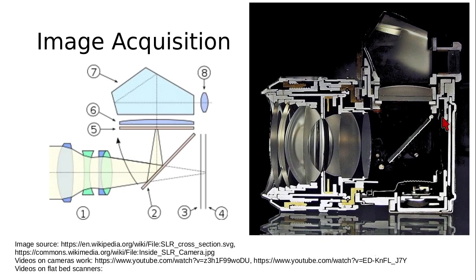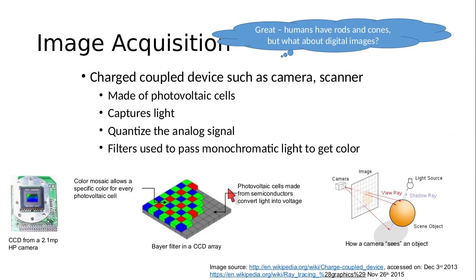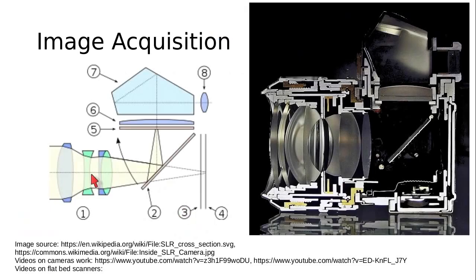In this particular camera, instead of a charge coupled device, you have a film here. This is an older camera, but in modern cameras you would have a charge coupled device, which is a digital device of this nature, and that would actually convert the light. But how does the light actually pass through? Light enters through a lens assembly, and then you have an aperture. The aperture increases or decreases the amount of light that gets in. Just like the pupil of the eye, the aperture in a camera controls the amount of light that gets in.